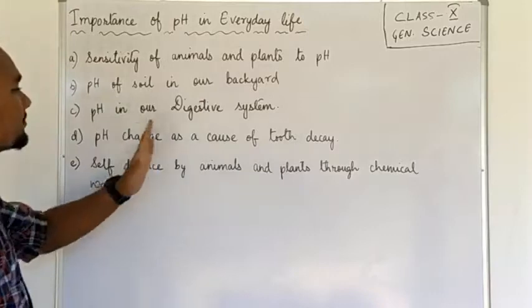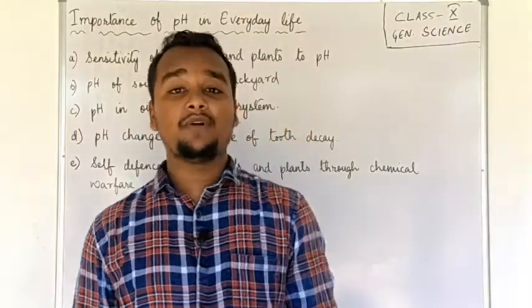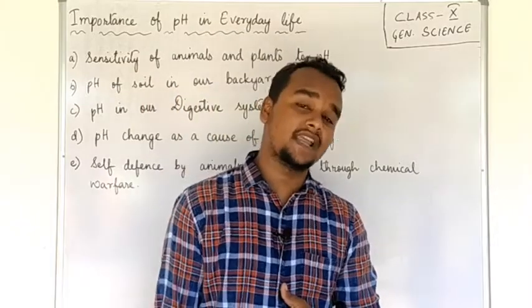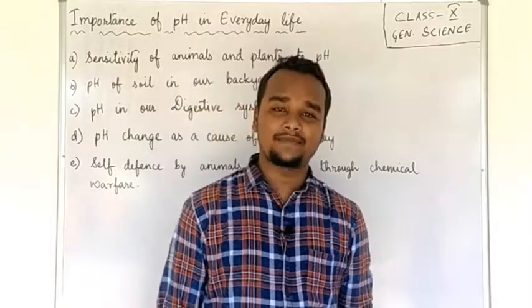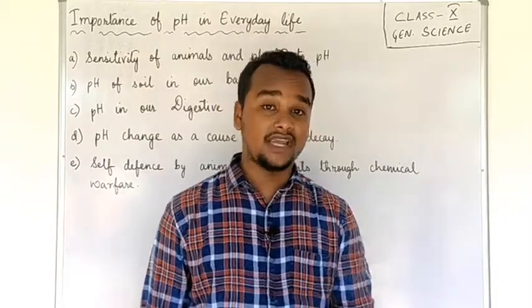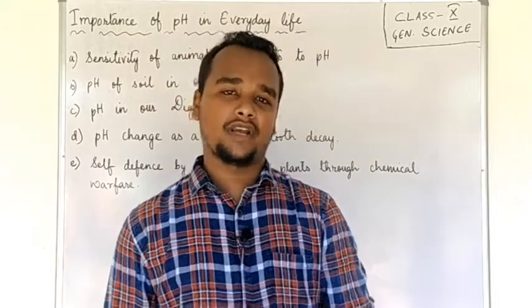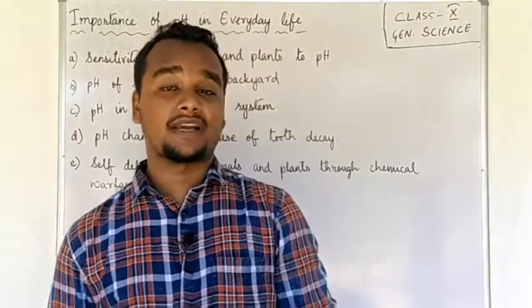Then the next comes pH in our digestive system. I have already said the name of the acid present in our digestive system. What is the name of it? It is hydrochloric acid. Do you know what the pH of that acid present in our digestive system is? The pH of the hydrochloric acid which is present in our stomach is